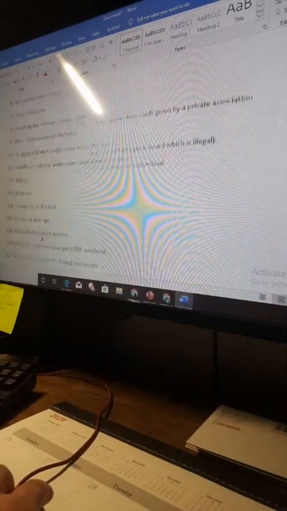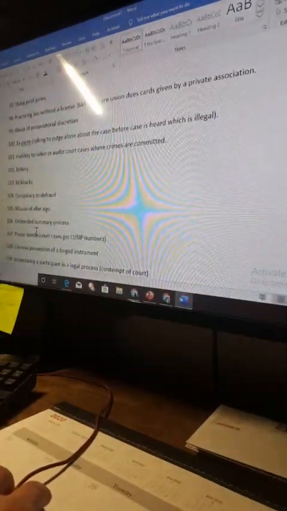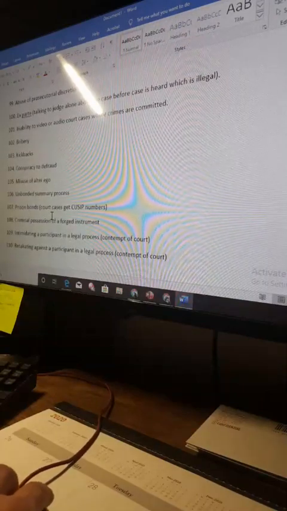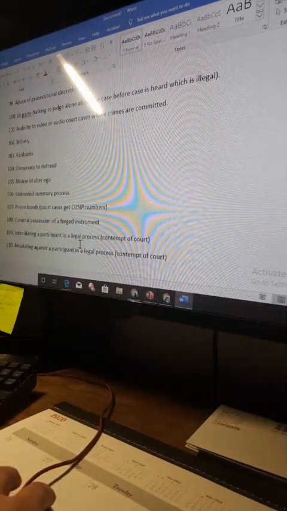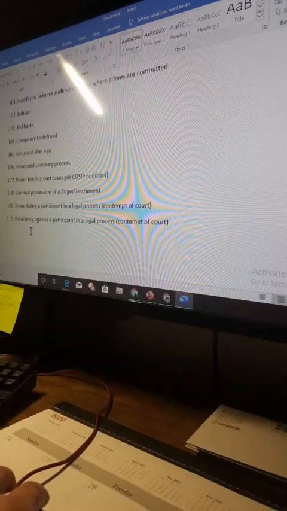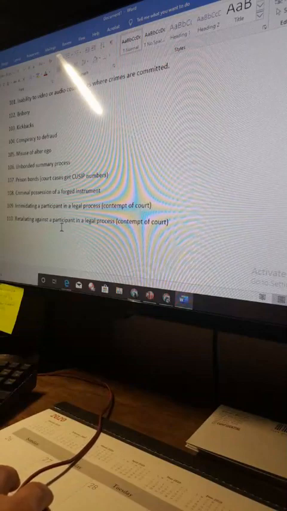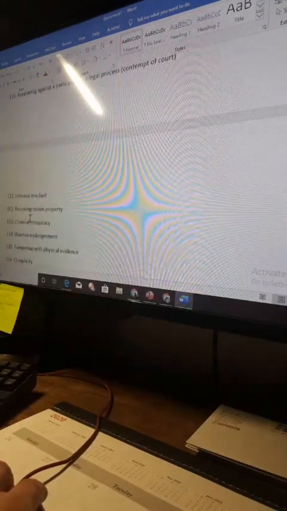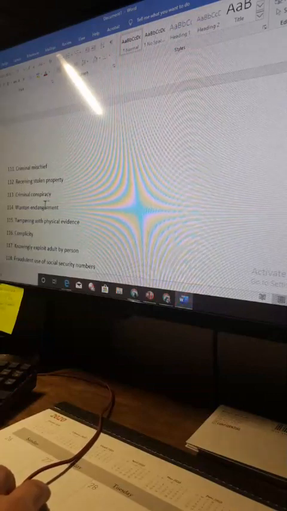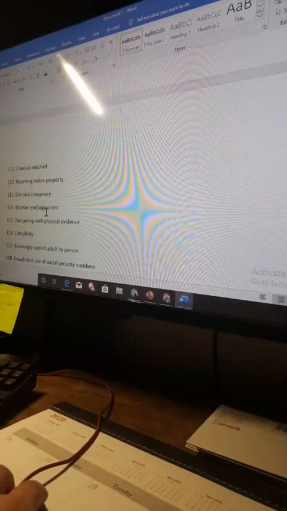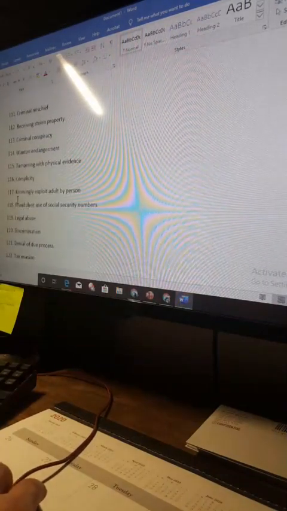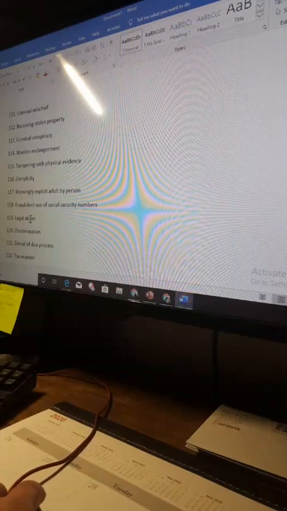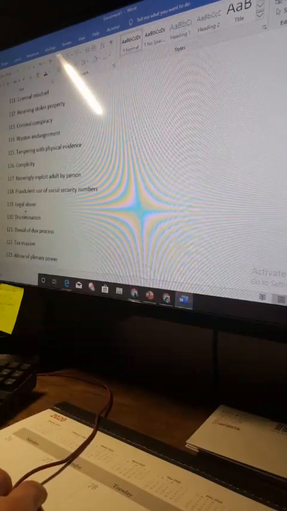Bribery, kickbacks, conspiracy to defraud, misuse of alter ego, unbonded summary process, prison bonds, court cases get QSIP numbers, criminal possession of a fraudulent instrument, a forged instrument, intimidating a participant in a legal process, contempt of court, retaliating against participants in a legal process, criminal mischief, receiving stolen property, criminal conspiracy, wanton engagement, tampering with physical evidence, complicity, knowingly exploiting an adult, fraudulent use of a social security number, legal abuse,